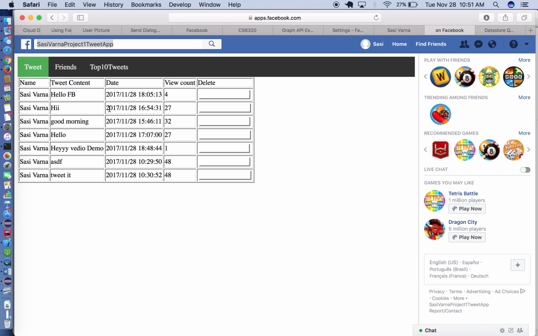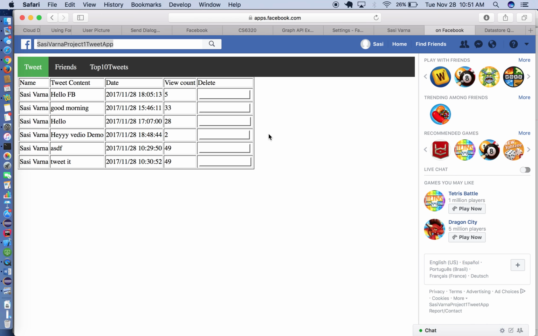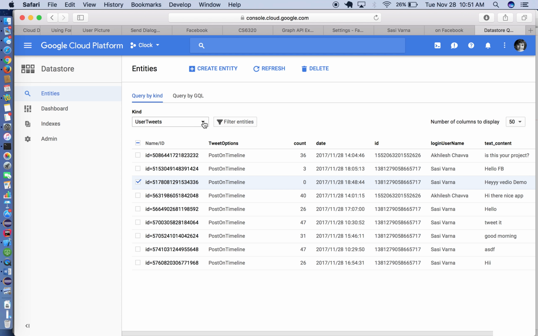Suppose I wanted to delete "hi", which has a count of 27. See, it got deleted. If you see the count, it got decremented, and the page got refreshed, so my count got incremented by 1 in each of them. And in the data store, if you refresh,